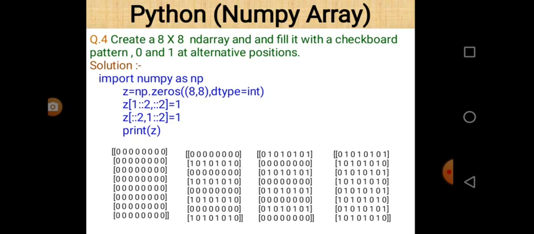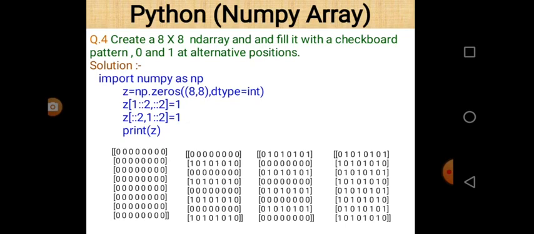So for this purpose, write the line np.zeros((8, 8)) and take the data type as int, because in the question it is strongly recommended that the value should be 0 or 1. So we take dtype equal to int.